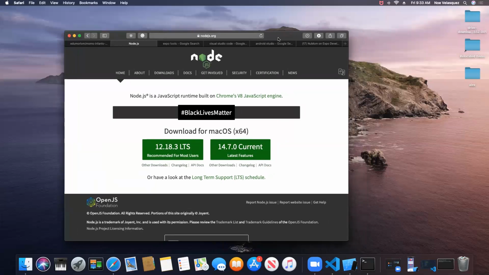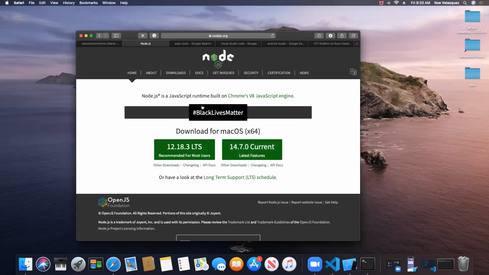So here, what you need to do is download the latest version of Node.js. In this case, it's 14.7, the current one. You click here, and it should download it. I'm not gonna download it because I already have it on my computer, but you should do it. The installation process is super easy, so I'm not gonna go over it because it's very simple. So once you have downloaded Node.js,